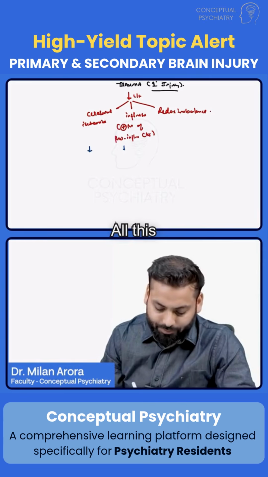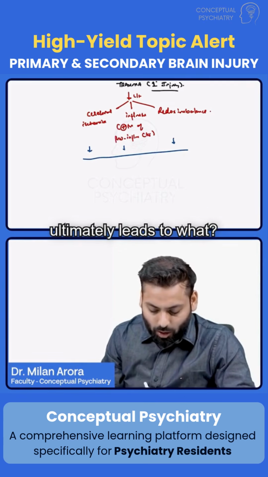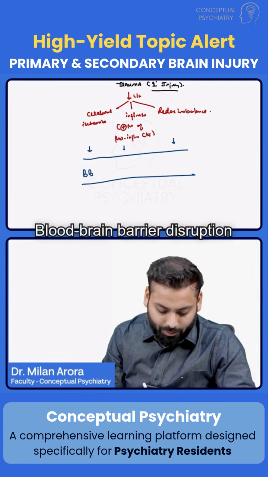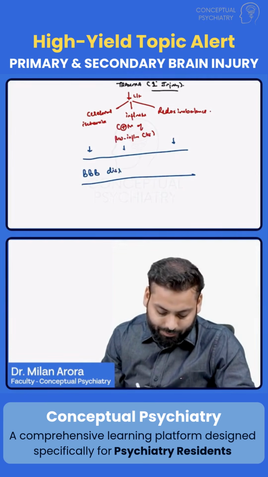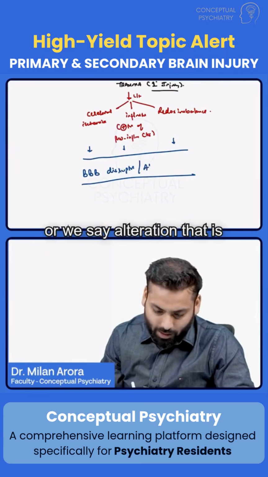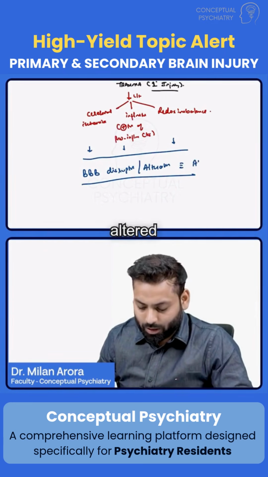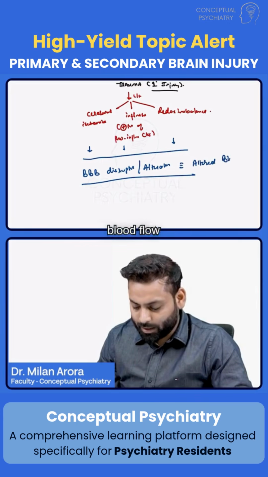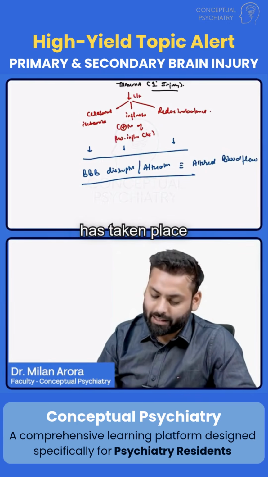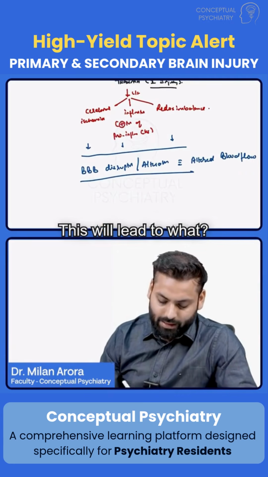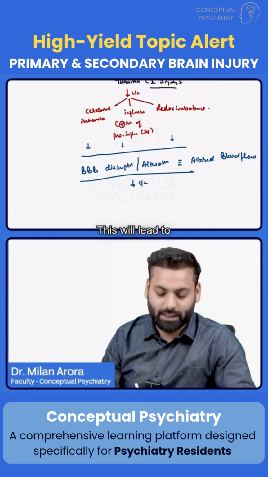All this ultimately leads to what? Blood-brain barrier disruption, or we say alteration. That is, we know what has occurred: altered blood flow. Altered blood flow has taken place. This will lead to what? This will lead to